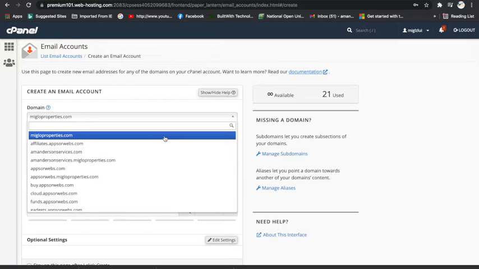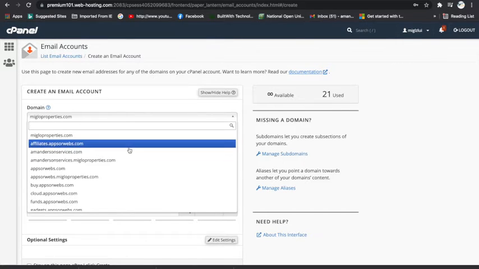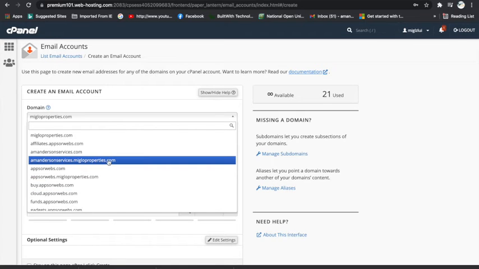Now, listen, please. I have people asking me how do they create a business email for an add-on domain, a normal domain as an add-on domain, or a subdomain. It's all the same process. As you can see here, you can see a list of my add-on domain and my subdomain. Okay,